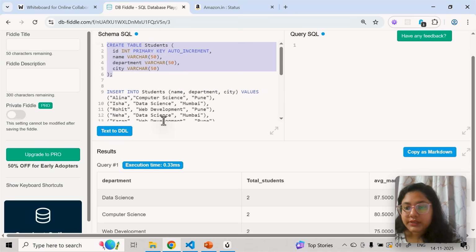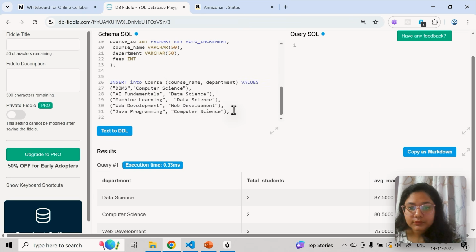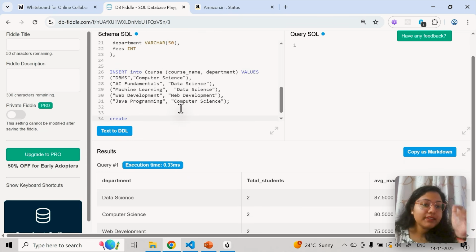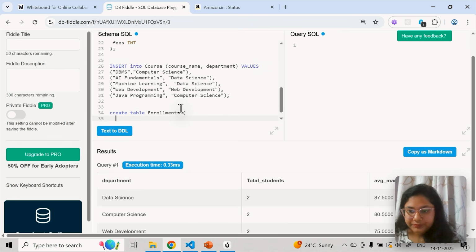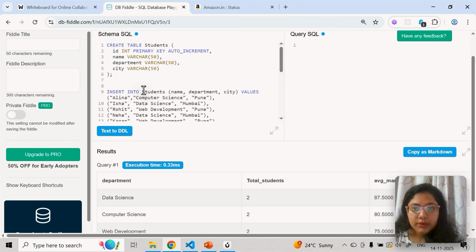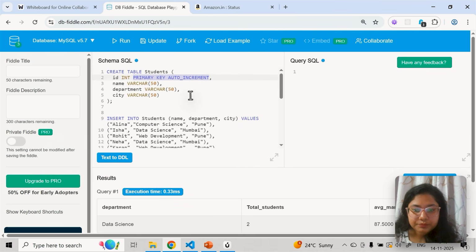Okay, for the enrollment table, what I'll do here quickly is come here. Okay, so now how do we define that this is a foreign key? So I'll say create table enrollment. Enrollment ID will come first. Enrollment ID, okay, I'll say int primary key. I'll just copy from the top, and auto increment is going to come.